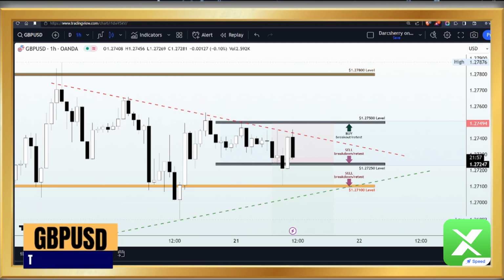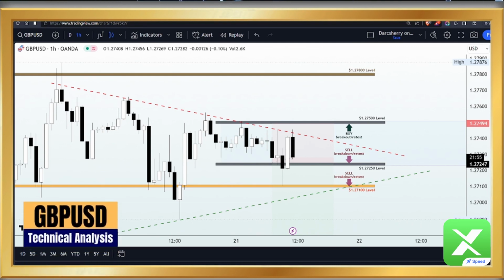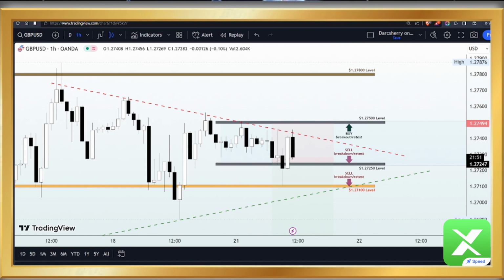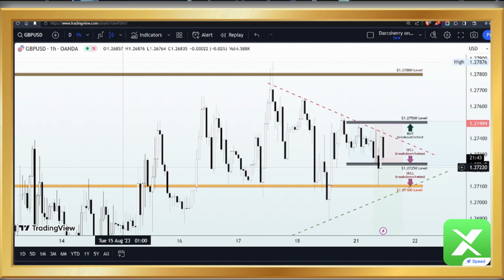GBPUSD, and in fact I have a break-even situation here this morning, as I took advantage of a selling opportunity this morning, and price took me out at break even, and I'm still anticipating more selling opportunities. So let's run through what really incited the idea of selling, and to do that we want to scale up